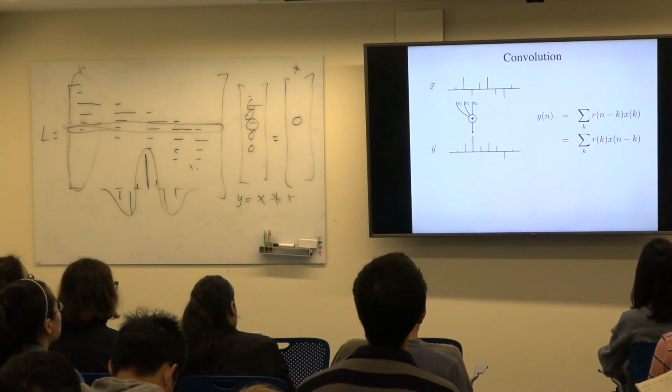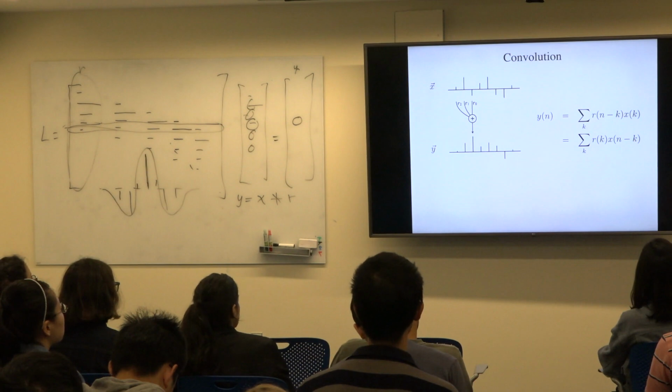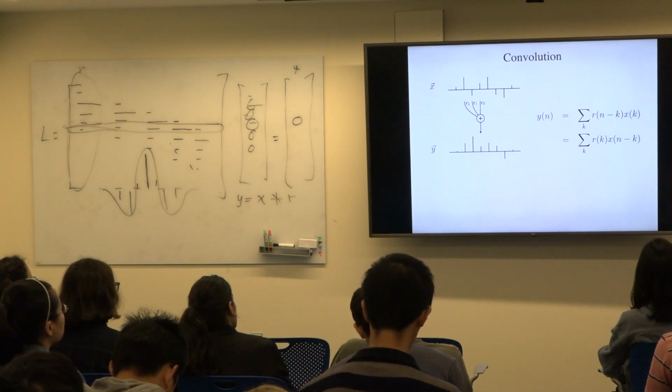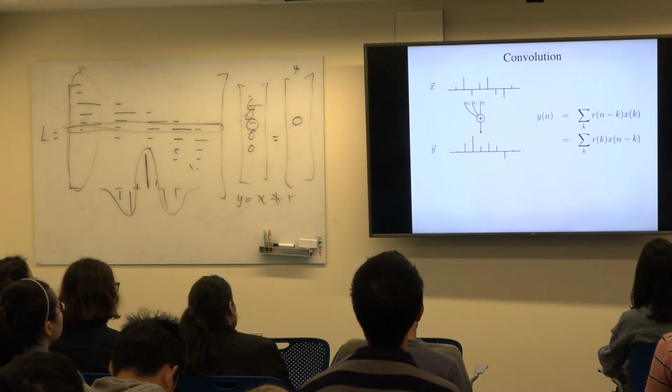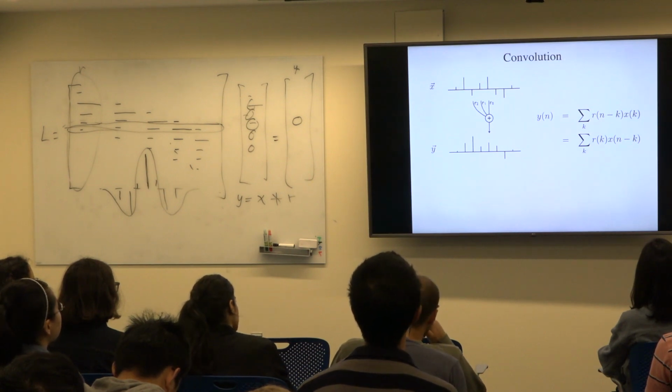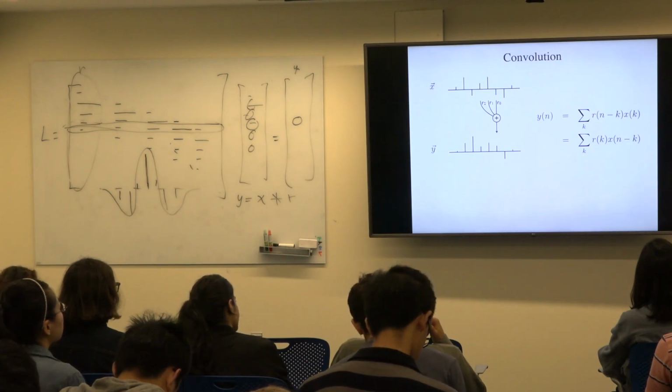So what you'll see here in the animation is that that's showing you the output at time 3. That's showing you the output at time 4. That's showing you the output at time 5. Okay? So convolution is take that dot product and slide it around. The slide along comes from